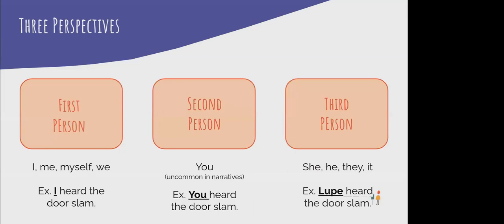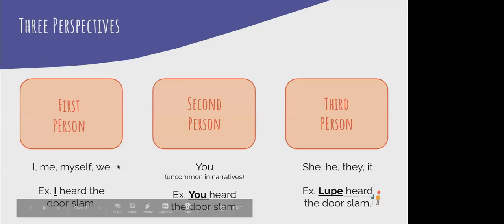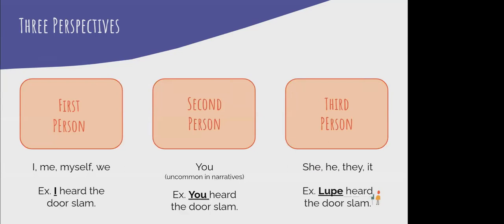In second person, this is a little bit uncommon in narratives, but that's where we would see a pronoun like you. So the example of second person would be you are talking to your friend, you're trying to remember what happened last night. And so say you maybe start out first person, like, yeah, remember we went out to dinner and then we came back and we weren't sure what was going on, and then you heard the door slam. As soon as you say you heard the door slam, now you're switching to second person because you're telling that person what happened from their own point of view. So that would be second person.